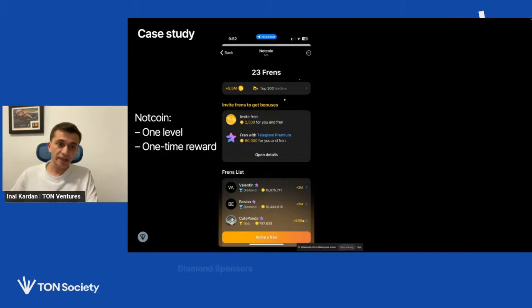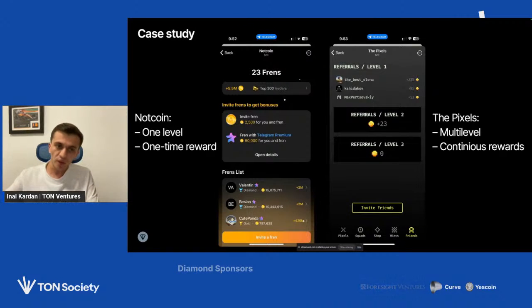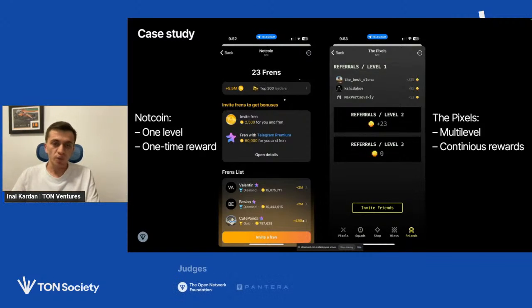And here there are two typical scenarios: you just give a reward for inviting friends, like instant rewards, or you give a percentage of what the invited users have earned. I mean, you have a user, and when they invite their friends and the friends earn something in the game, you give a reward to the user who invited them.